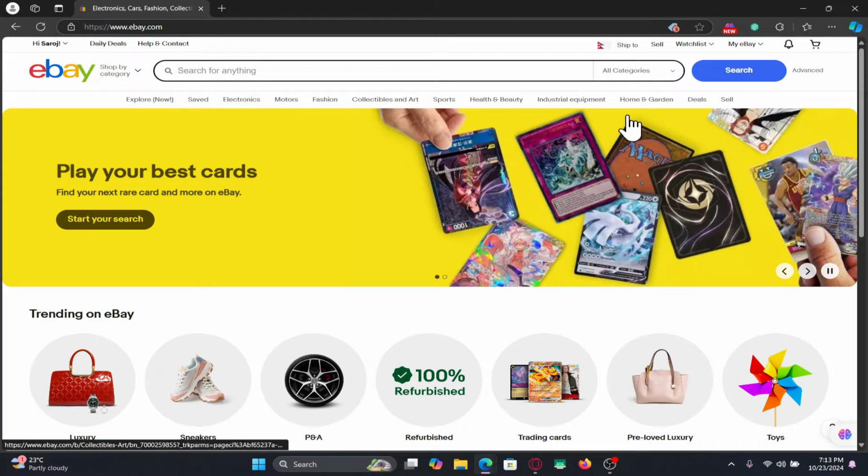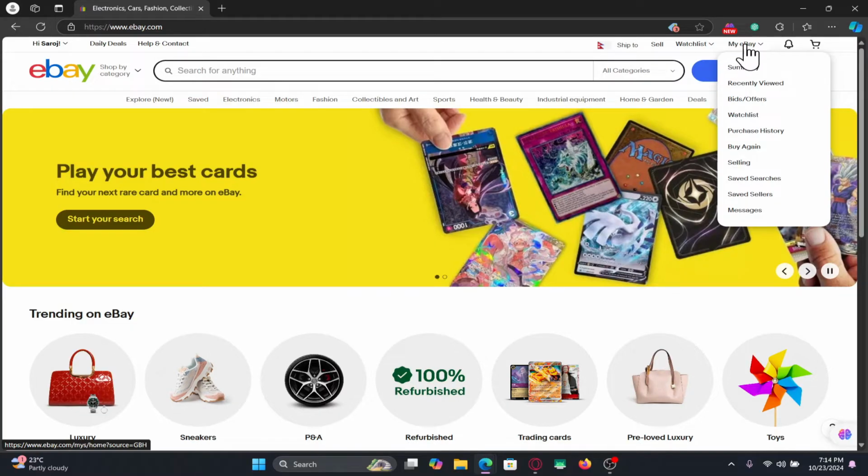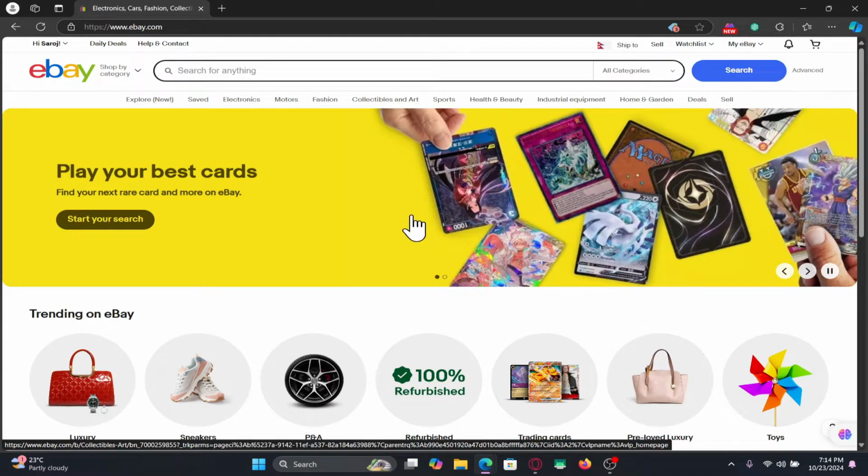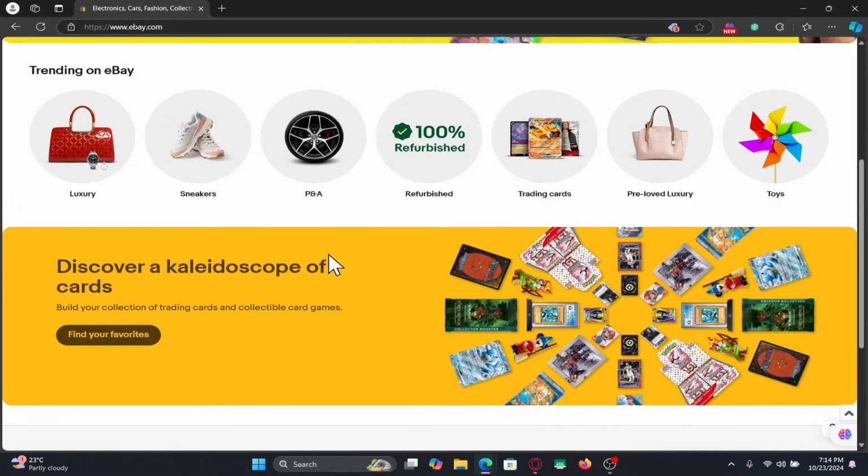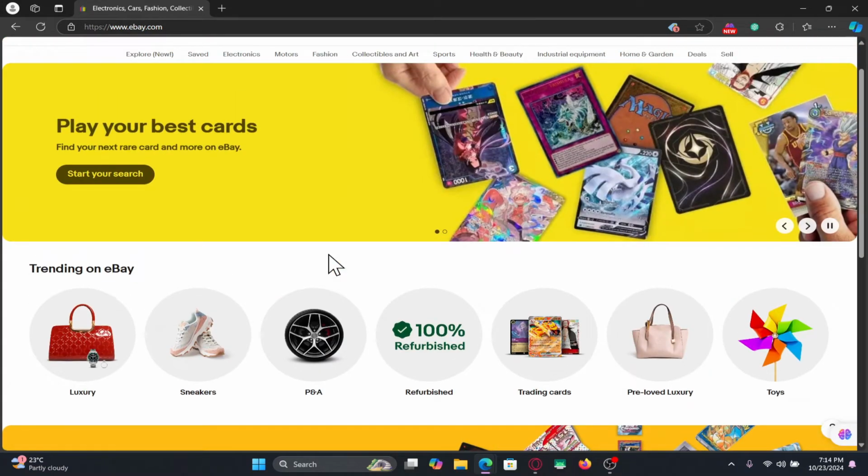Now, if you haven't logged into your account already, click on the My eBay option at the top right corner and you will be taken into the login portal, where you can use your email address and your password or your social accounts to log in. After logging in, you will end up within the home page where you can start buying various different kinds of